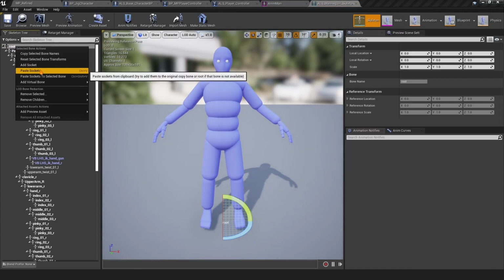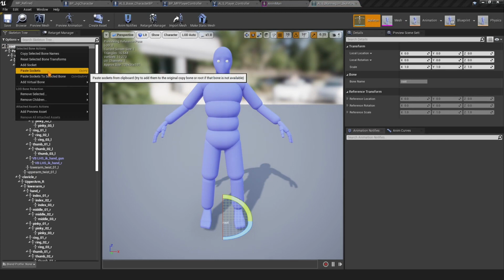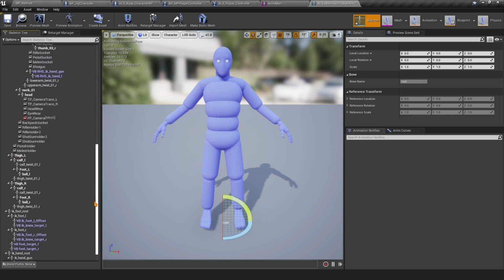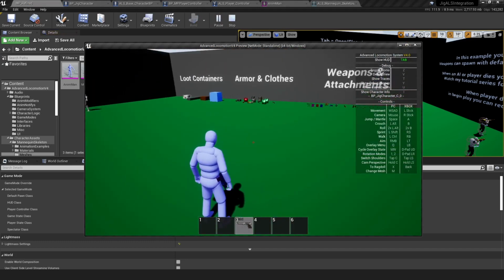Now there are two options here, paste sockets and paste sockets to selected bone. You don't want the second one, you want the first one. So this one is going to paste those sockets to the equivalent bone name here. So we're going to select the first one, paste sockets, and now we should have those sockets right there. So let's go ahead and now play and see if we are able to